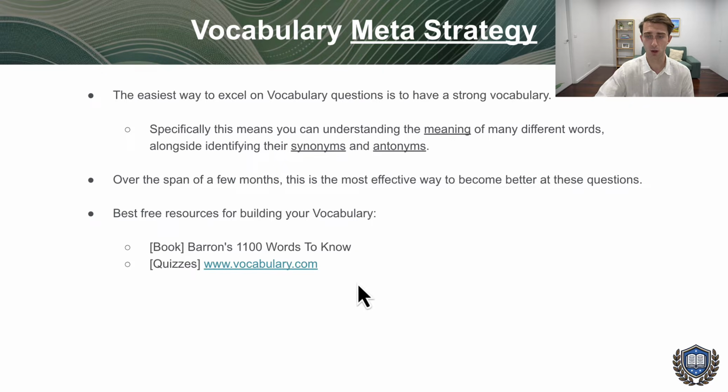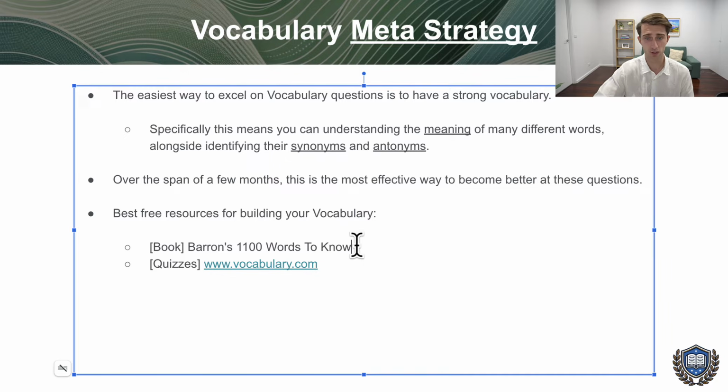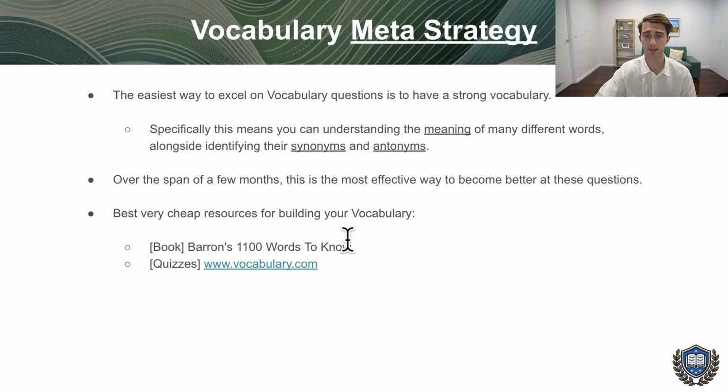Otherwise, what we've done in our program is we built a vocab builder, where I went through all the exams I could possibly find. All the words students had told me were on the exam, we put into our own vocab builder and test students on. But regardless, whether you're in our program, whether you're using Barron's 1,100 Words to Know or vocabulary.com, they're all good resources. It really doesn't matter. You just want to do it consistently. So even if you just bought this book for about 10, 20 bucks, they're not really free, they're just very cheap resources, then you could easily significantly improve your performance on this exam, because these Barron's 1,100 Words to Know come up a lot on the exam.